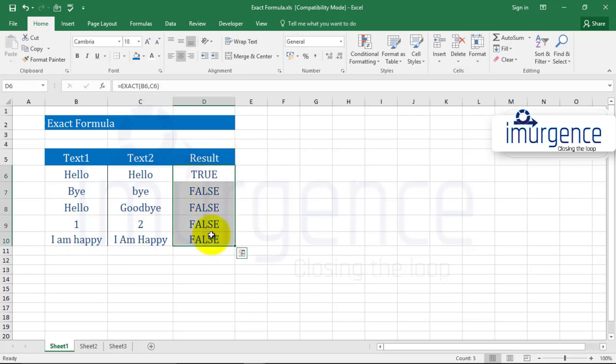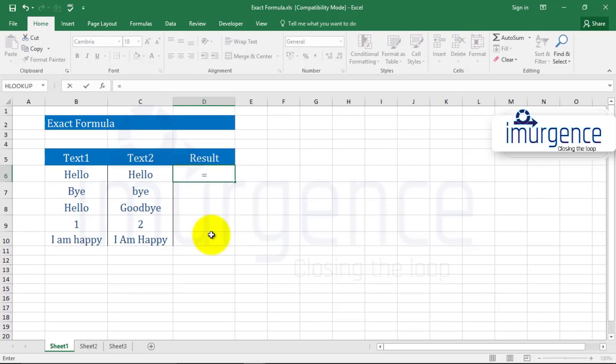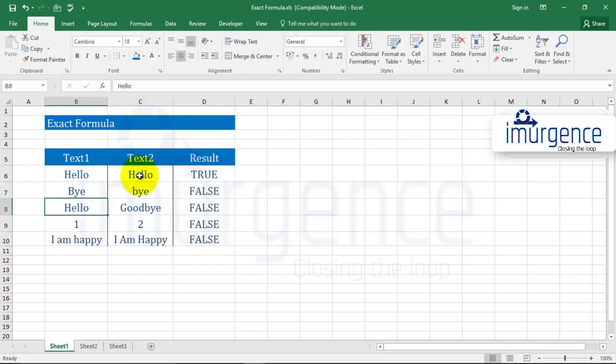Let me show you how to now create this formula. So you type in is equal to EXACT, and it says checks whether two text strings are exactly the same and returns true or false. EXACT is case sensitive. So you type in EXACT, open the bracket, select one text, comma, select the other text, close the bracket, enter. The answer is true. You can copy it, Control C and Control V,